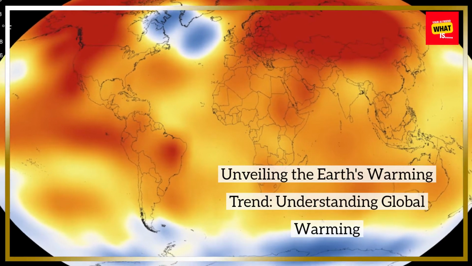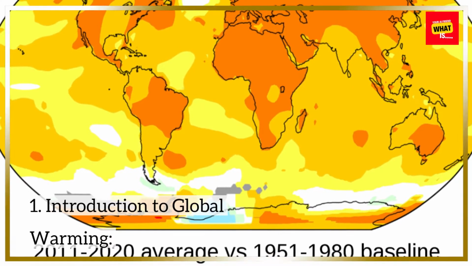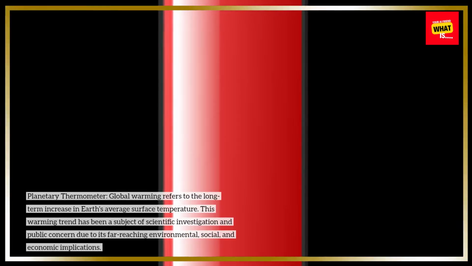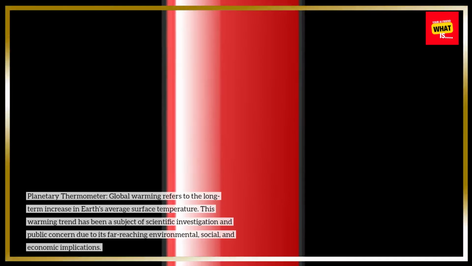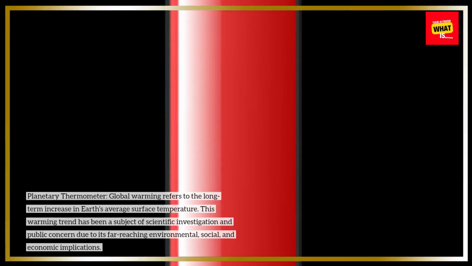Unveiling the Earth's warming trend. Understanding global warming. 1. Introduction to global warming. Planetary thermometer. Global warming refers to the long-term increase in Earth's average surface temperature. This warming trend has been a subject of scientific investigation and public concern due to its far-reaching environmental, social, and